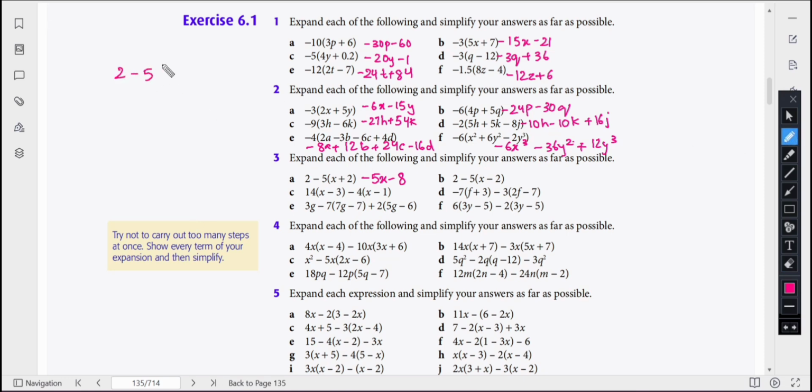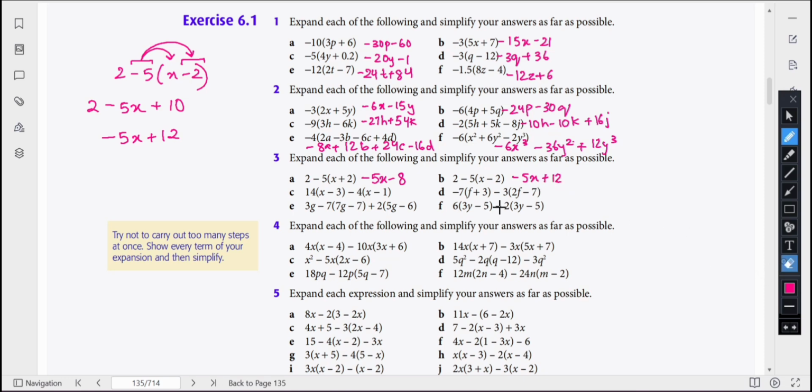अंदर बस हमारे पास sign change कर दिया उन्होंने। अब इसको कैसे करेंगे, 2 हमारा ऐसे ही रहेगा, -5 जो है ये x के साथ multiply होगा तो it will become -5x। और -5 अब जब -2 के साथ multiply होगा तो it will become minus minus will become plus and 5 × 2 will be 10। तो अब final answer क्या होगा, -5x + 12, क्योंकि 10 + 2 बन गया ना, तो -5x + 12।